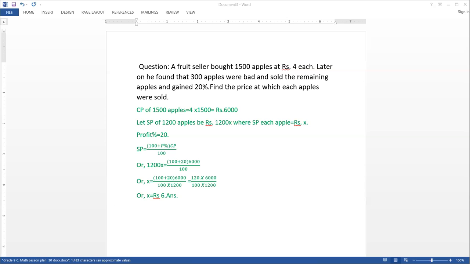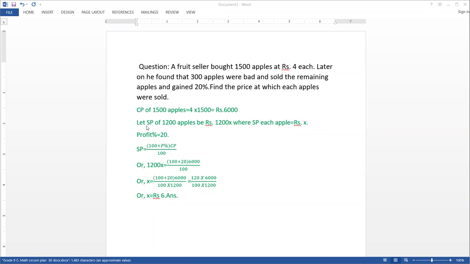So the cost price of one apple is rupees 4, which means 1,500 apples equals 4 into 1,500, that is rupees 6,000 by the unitary method. And we don't know the selling price of the good apples. So you have to deduct the bad apples from 1,500 to find the number of good apples. That is 1,500 minus 300, which is not shown in detail here. So understand that 1,500 minus 300 gives 1,200, because these were the good apples that were fit